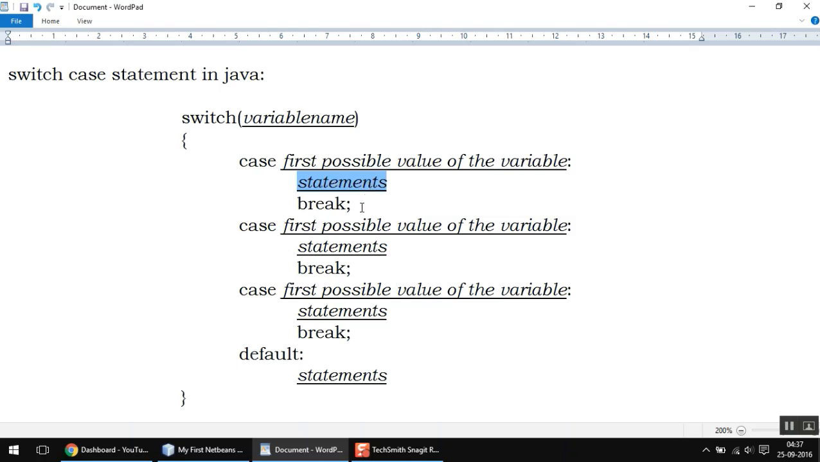And after writing all those statements, we must write break in order to terminate this case. If you do not put break, then it will execute the other case even if the value written here doesn't match the actual value of this variable. That case we'll see later on. So similarly, you can have any number of cases like the one I have written here, and at the end you can have